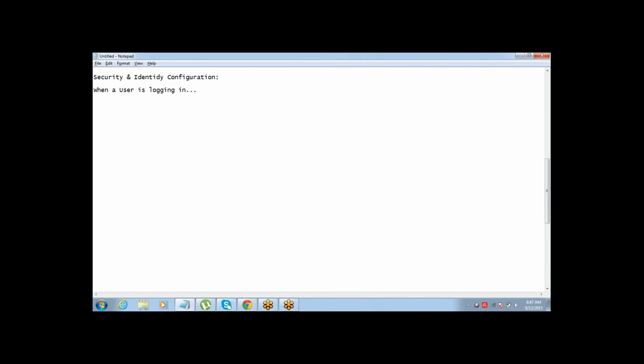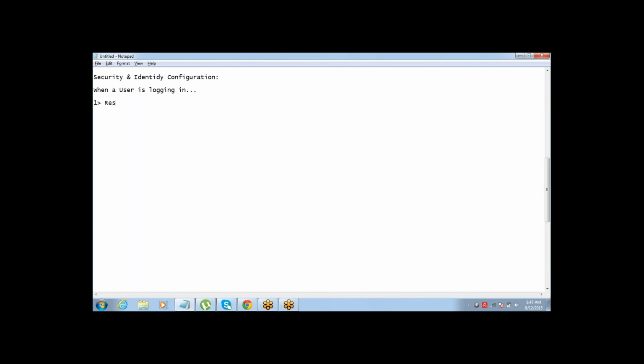So when a user is logging in, Salesforce.com basically needs to check whether he is the correct user or not. And companies can actually use some of the options for this, to make sure that the person who's logging in is the correct user and he is logging in with the correct intention or purpose, right? So there are two things which you can do to restrict your users.